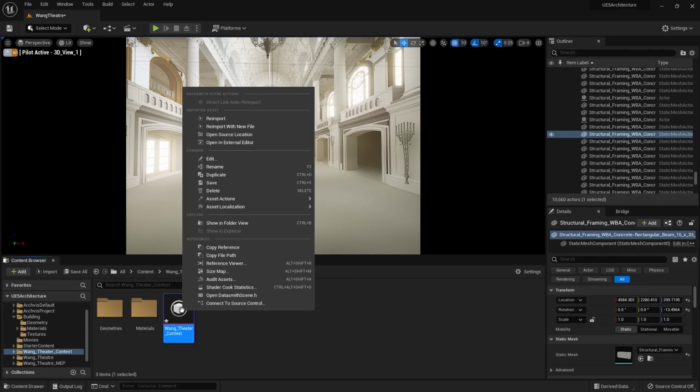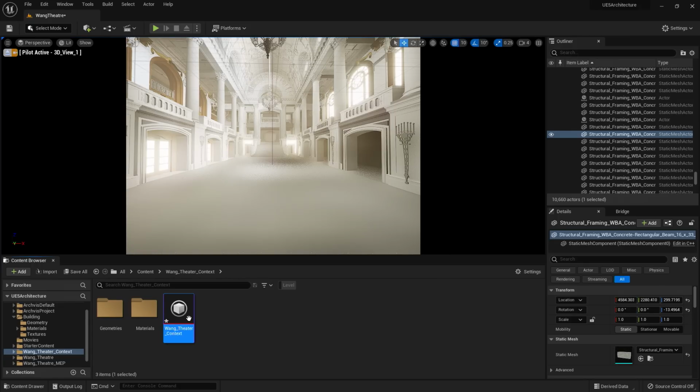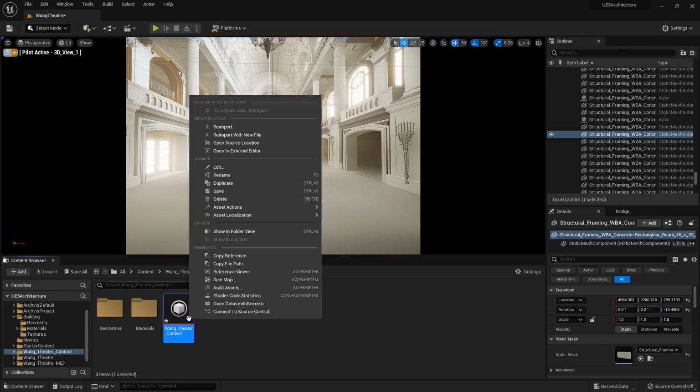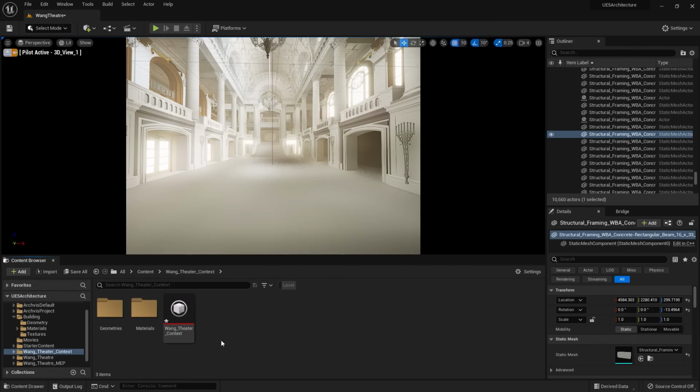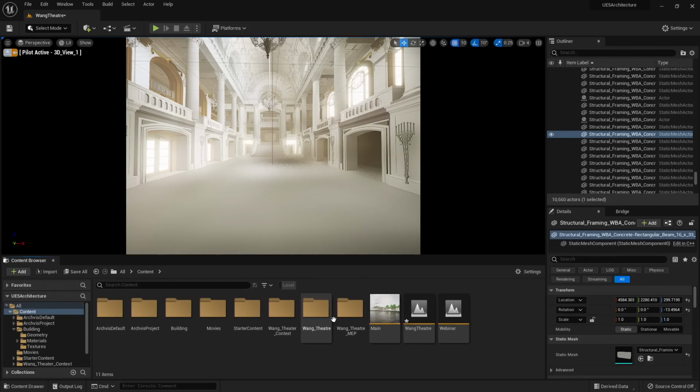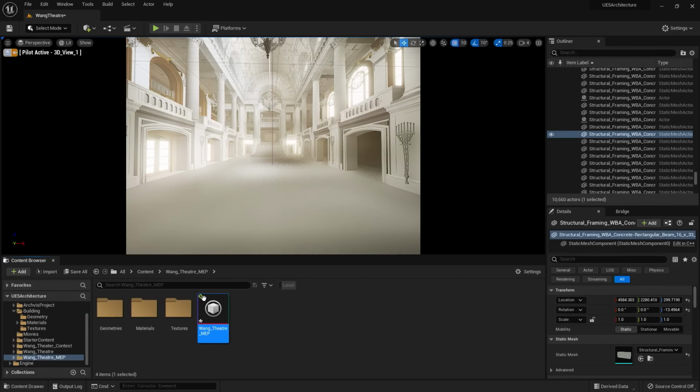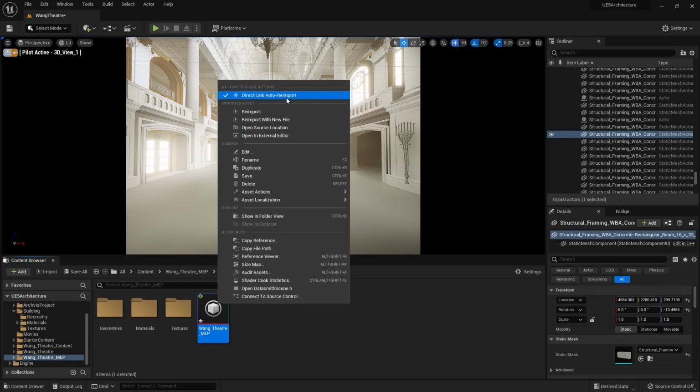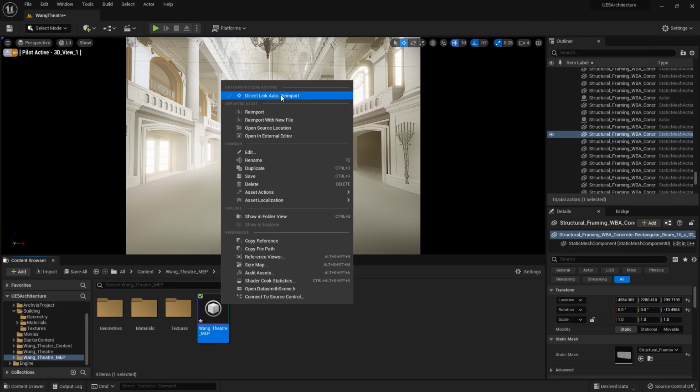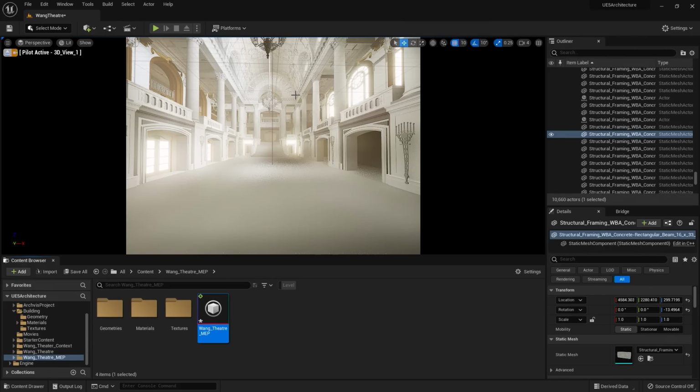Now let's take a look at the differences between some of these Datasmith files. You'll notice that if there is an update and re-export of the 3ds Max file, I could re-import it here. Now I'll navigate to the MEP file here, which was set up using Direct Link. You'll notice we have a green icon here that's letting us know that the Direct Link is enabled. If I right-click, you'll see that you have the ability to turn that Direct Link off and on for auto re-import.